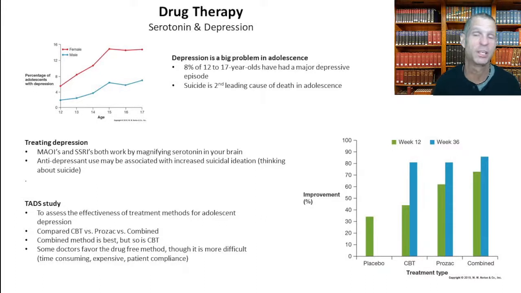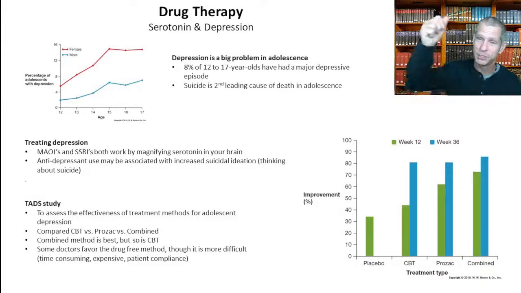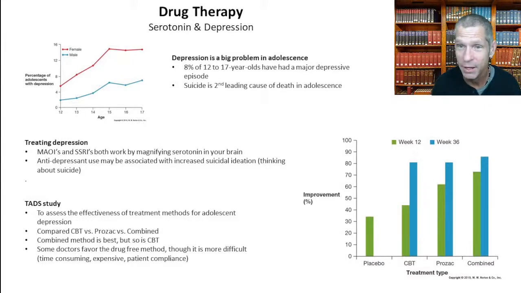Now, there's this other stuff called monoamine oxidase. It's kind of like the garbage man that comes by and picks up stray serotonin. It cleans it out of your neurotransmitters. So not only are neurotransmitters sucked back up into the terminal button of the presynaptic neuron, but they're also picked up by garbage men that just sort of clean out the synapse.